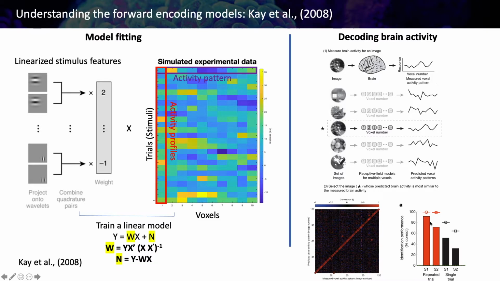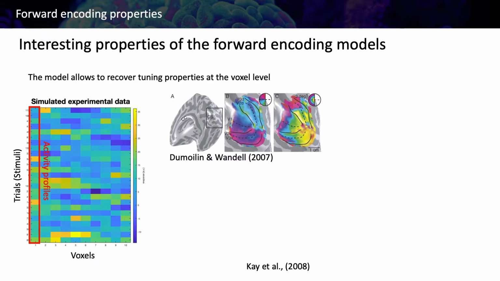So the average decoding is way above chance level. And what is very interesting is that with only one single trial presentation, the decoder can also classify the images very much above chance level. So if you are training your model and you just give it one stimulus presentation, it can very accurately tell what image was presented. That speaks very well about the performance of these forward encoding models.